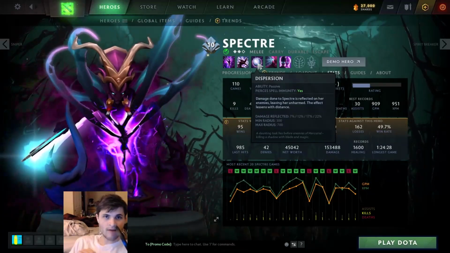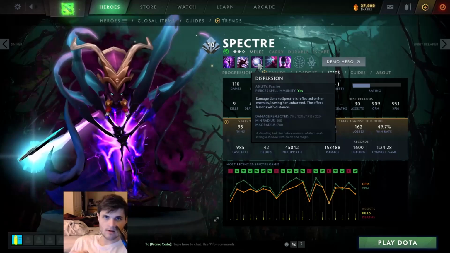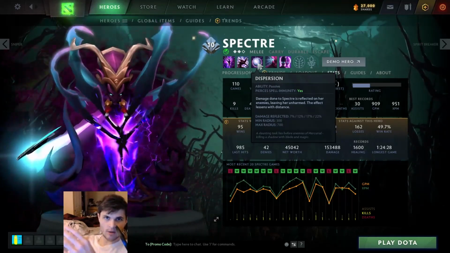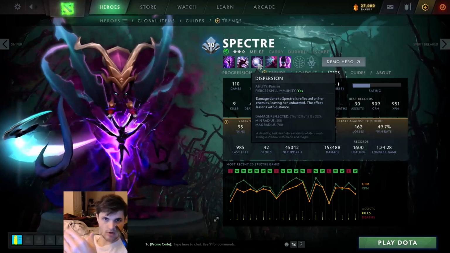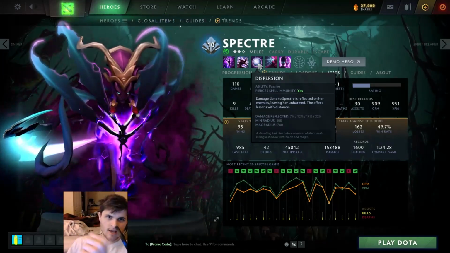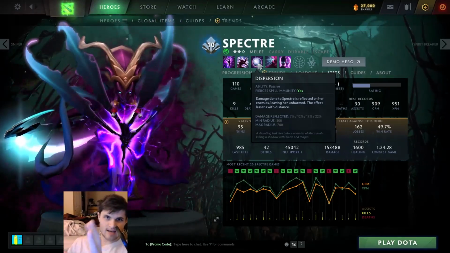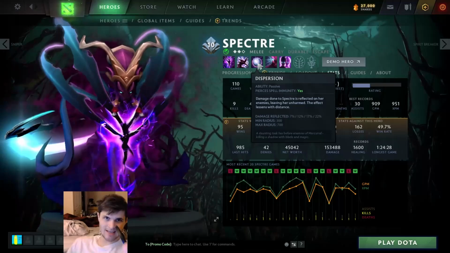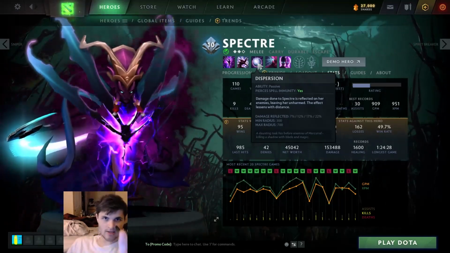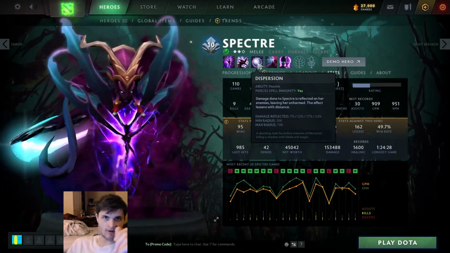That means for every 100 damage done to you, you're taking 78 and you're dishing out 22. So effectively, when it comes to trading, when you think about the damage numbers, if that guy hits you for 100, he's taking 22 and you're taking 78. So the net gain for him is actually 56. So you're effectively trading about twice as effective against any hero in the game